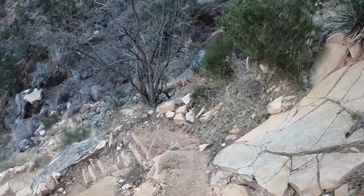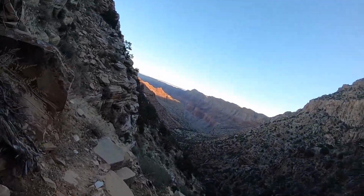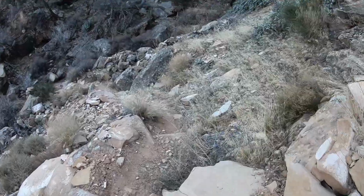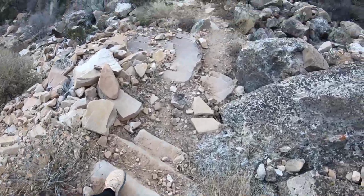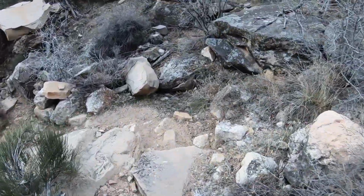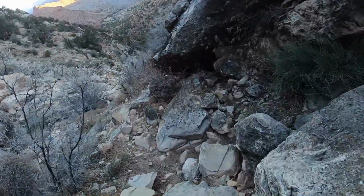So I was curious as to what the terrain would be like. And right now it's not terrible, but definitely different than Bright Angel and South Kaibab. A lot more rocks on the trail, boulders that you kind of have to maneuver your way down. So not super runnable, and I'm definitely taking my time on this descent. Don't want to roll an ankle here. I did pass one other hiker who was also doing it by herself, but